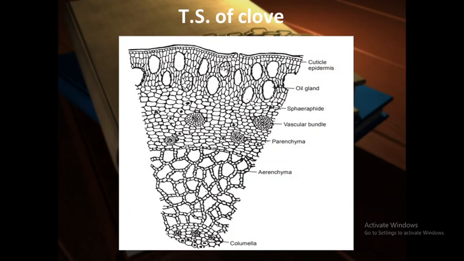The second important region is the cortex. So this cortex is divided into three different zones. First is the upper zone, which contains the oil glands, second is the middle zone, and third is the lower zone which contains the aerenchyma. So just see the upper zone. This upper zone contains radially arranged parenchymatous cells,